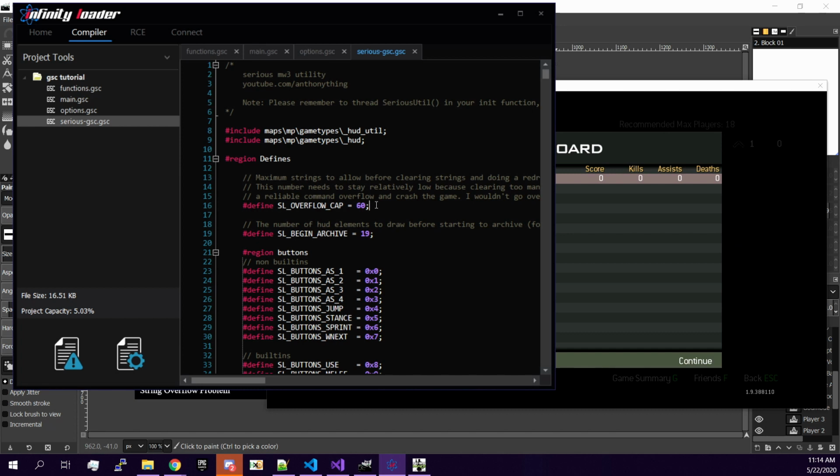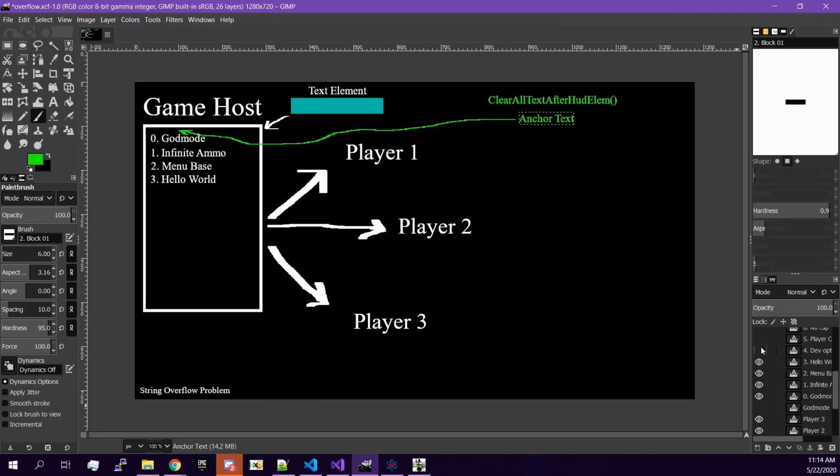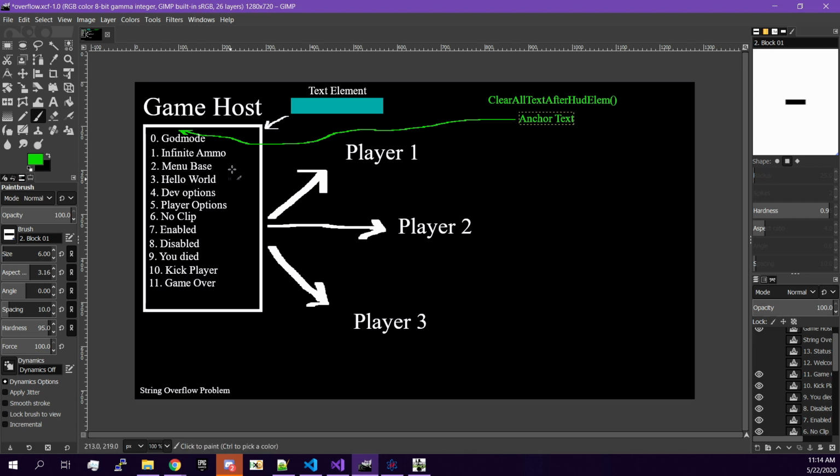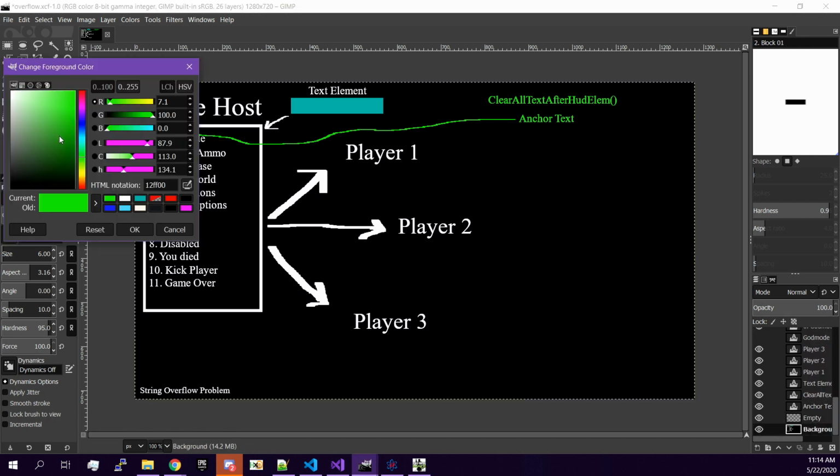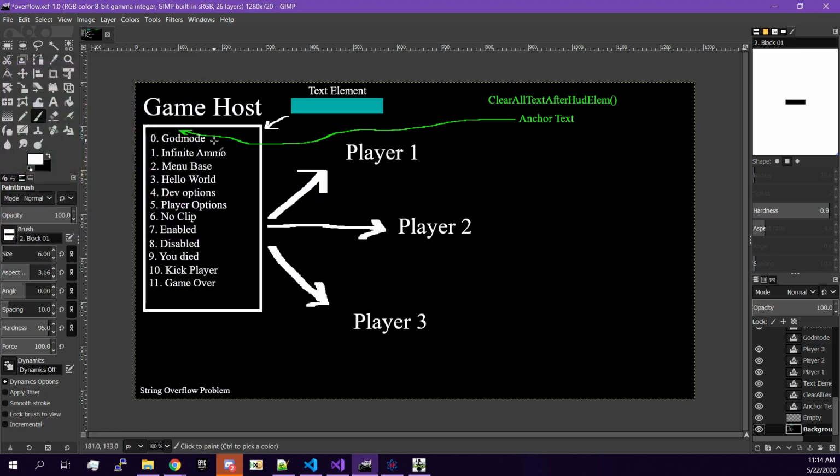And the reason is because what happens is every single string in our config string table, whenever it's cleared, is going to send a specific command to the clients. You know how every time a text element is set, that this text is going to be sent to the client? Well, every time a text element is cleared, it is also going to be sent to a client. Which means if you have 800 strings, it is going to send 800 commands to every single player in the